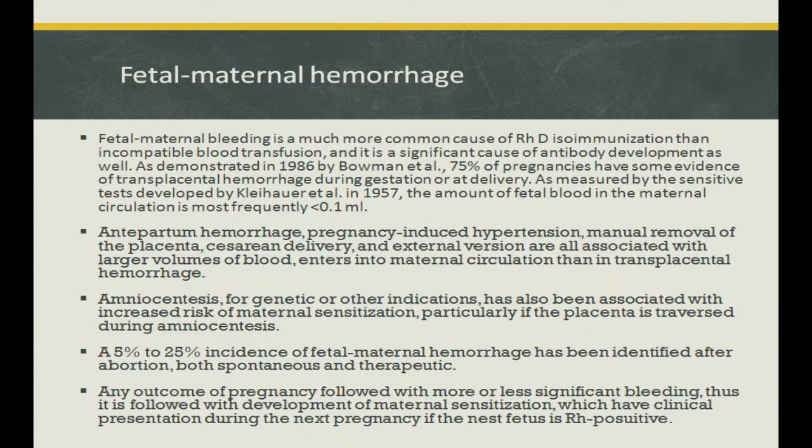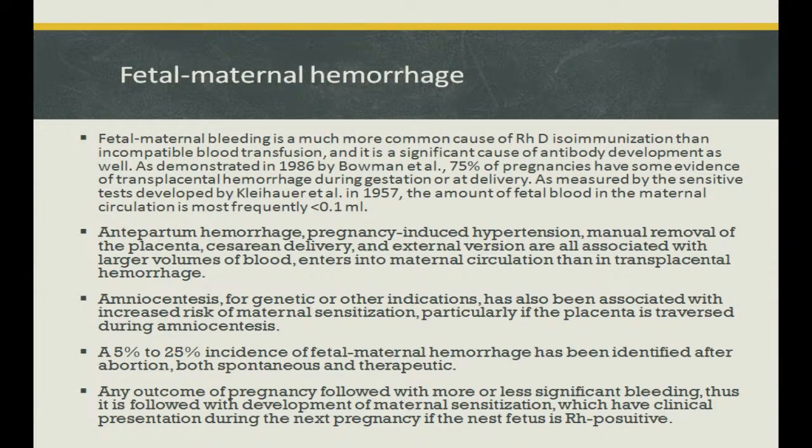So, as about fetal maternal hemorrhage, we told about it already, but let me repeat again. Fetal maternal bleeding is a much more common cause of rhesus D isoimmunization than incompatible blood transfusion, and it is a significant cause of antibody development as well. As demonstrated in 1986 by Bowman and co-authors, 75% of pregnancies have some evidence of transplacental hemorrhage during the gestational process or at labor,